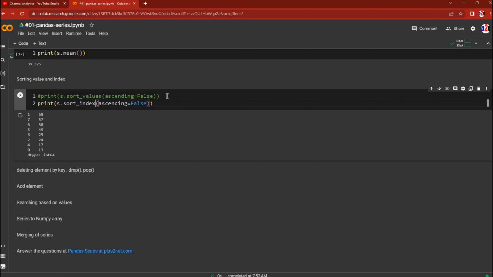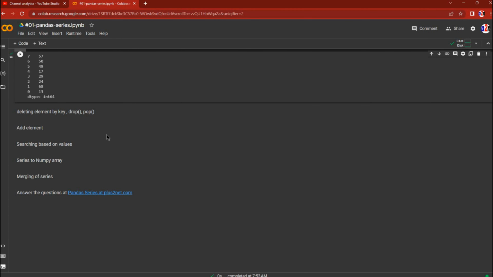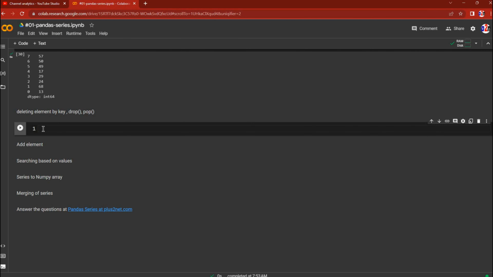Say you have A, B, C, D or some other index you have used. That time this will be useful. Now let's see, the index will be from 7, 6, 5, 4 like that. Now what happens, suppose we want some elements to be removed from that. So we will be using drop and pop. For that, let me add the code here. So s drop. Let me know in the comment section if you are not comfortable or I am too fast or slow, whatever it is. So I am saying